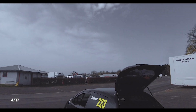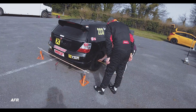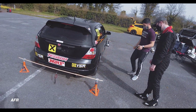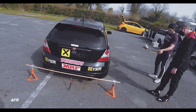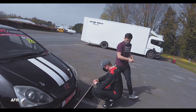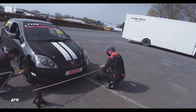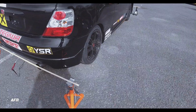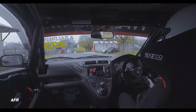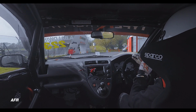So then after session 1, Mike started to work his magic. I noted at the end of the last race, towards the end of 2020, that it just wasn't feeling quite right. It felt like the alignment had been knocked out, and that was well and truly the case. Mike realised quite quickly that there's actually quite a bit of toe out on one of the wheels, if I remember correctly. Not exactly ideal, but he still did some great stuff there in 40 minutes, and got us